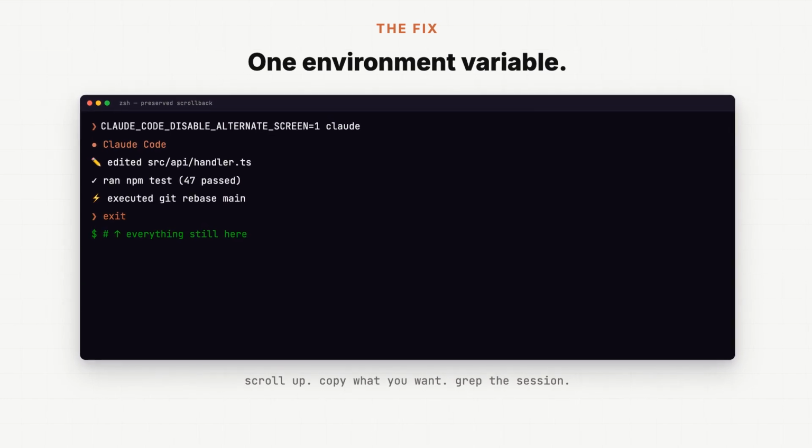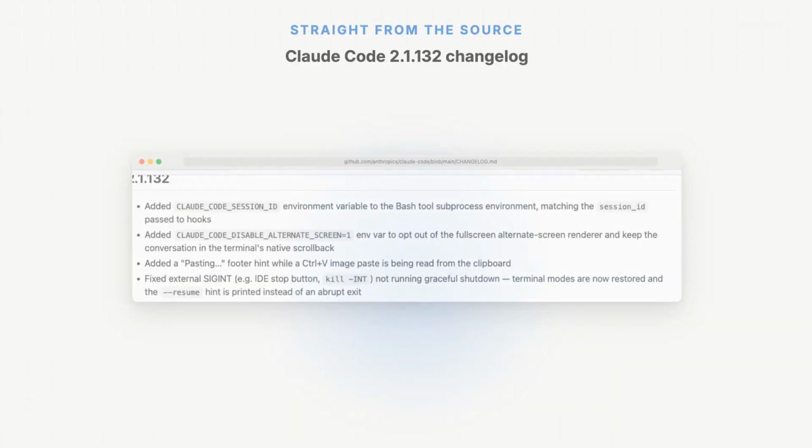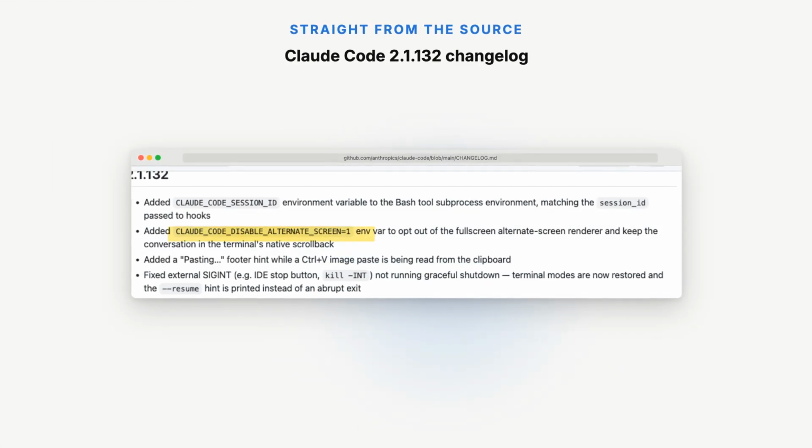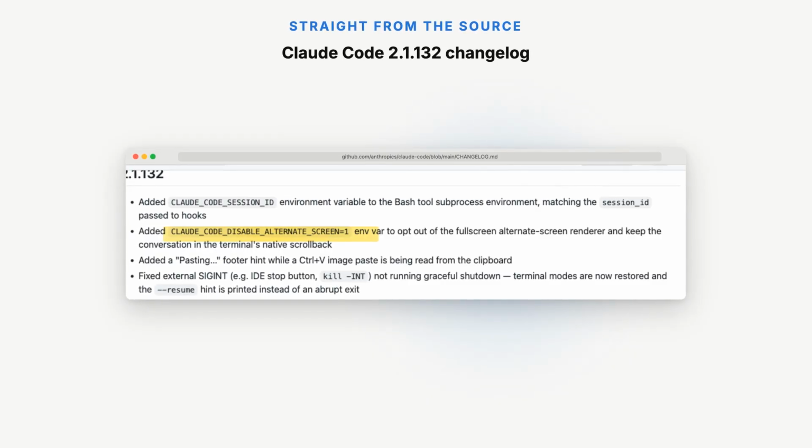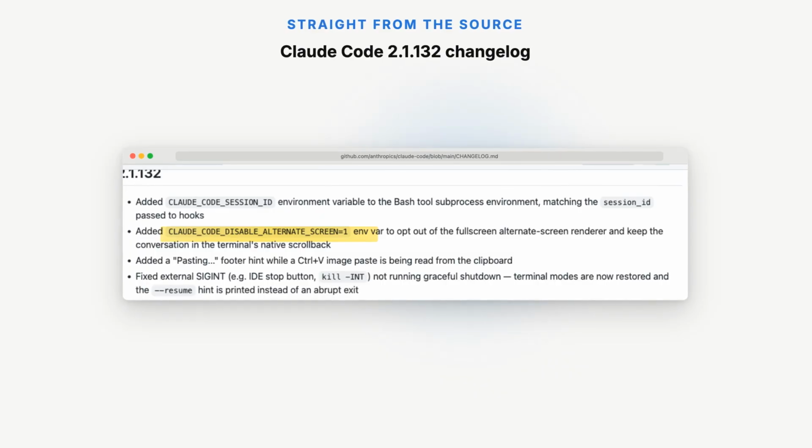The transcript reads exactly like a regular shell session, and this isn't some hidden trick someone reverse-engineered. It's right there in the official Claude Code changelog, version 2.1.132, open source. So you don't have to take my word for it, that's the line, straight from Anthropic's repo